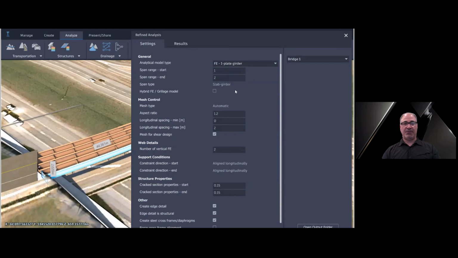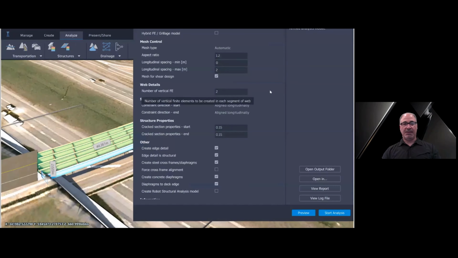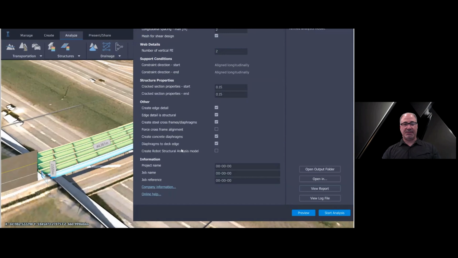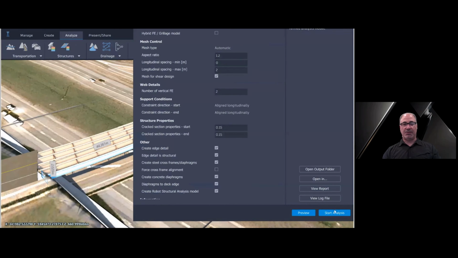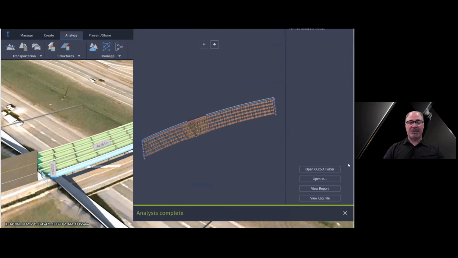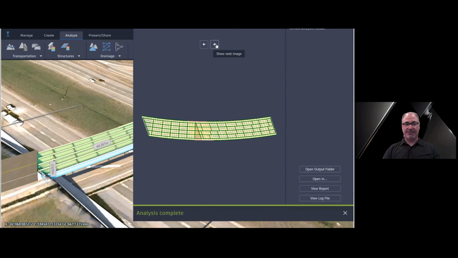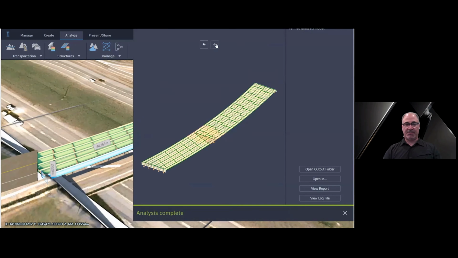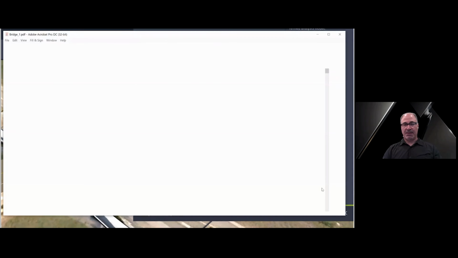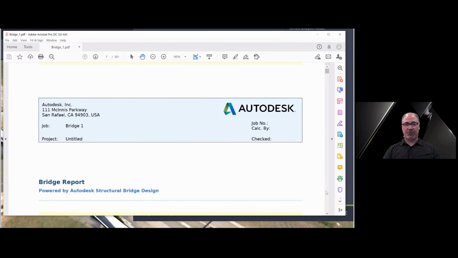So we can go and do a grillage or FE model, and the user dictates all the meshing constraints and high-level parameters, but the information is extracted from the rich BIM model. We can also open this up in Autodesk Robot, in addition to Structural Bridge Design. So once we select the bridge and the type of analysis model, it creates a very rich, fully calibrated analysis model that takes into account, in this case, curved girders, skewed abutments and piers, and all the intricate meshing to reconcile all the diaphragms, cross frames, girders, and so on.